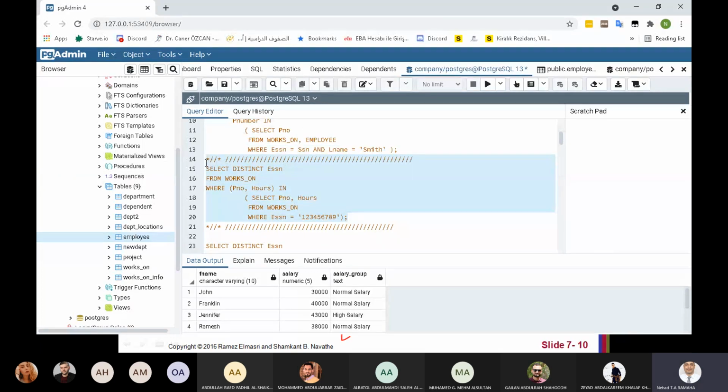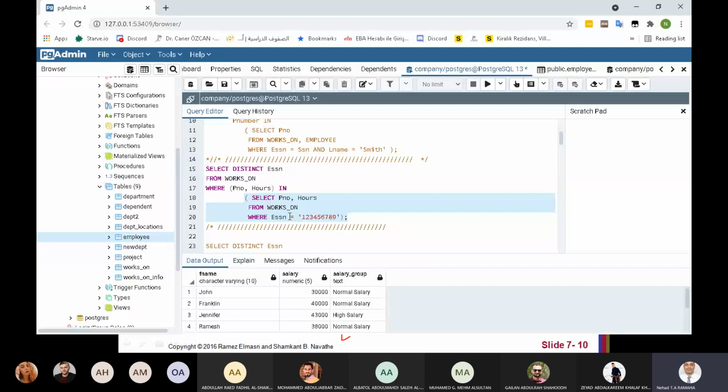Let me open this one. Okay, so select distinct ESSN from works on where project number and hours are in the result of this select statement.